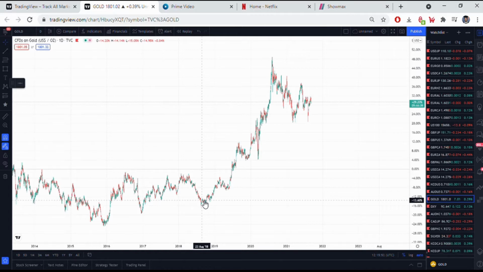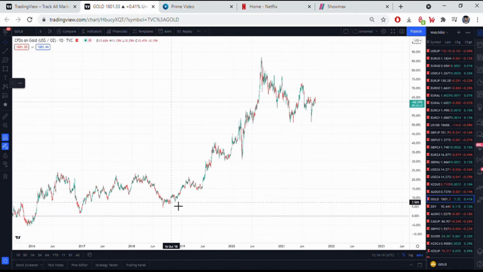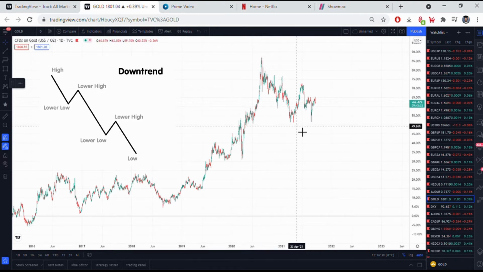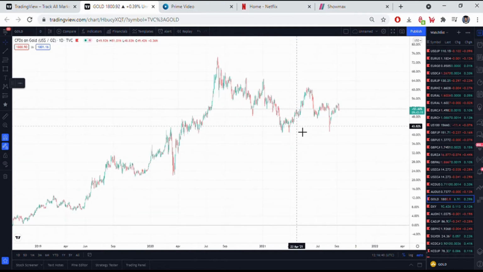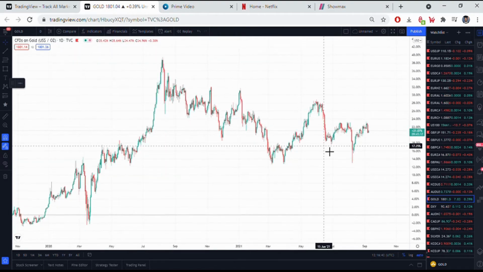Now, the first thing that I do is identify the significant points, the important levels of the market. You can see here the market has been on an uptrend, right? Pushing up. This was 2018 August, going up until 5th of August 2020. Ever since 2020, 5th of August, the market has been on a downtrend from there to there. And how do you know? You zoom out. And as I've explained, I only focused on the current price.